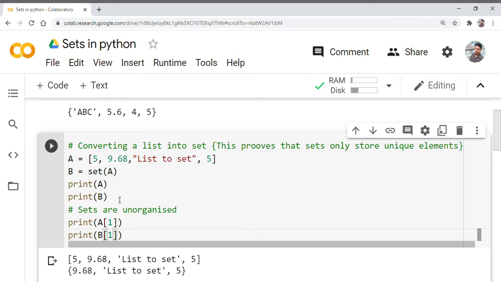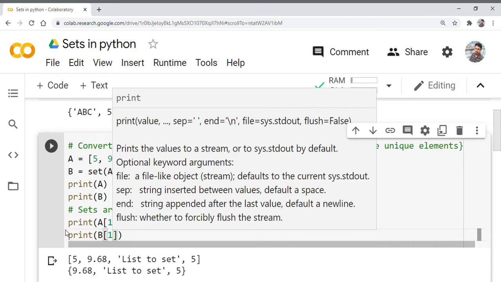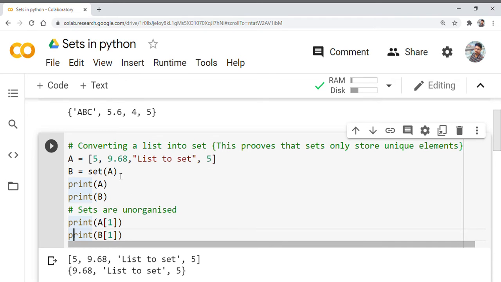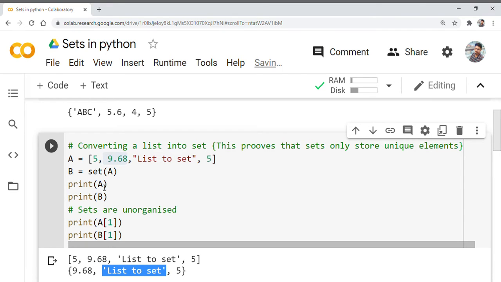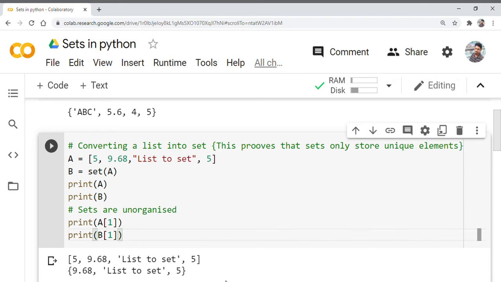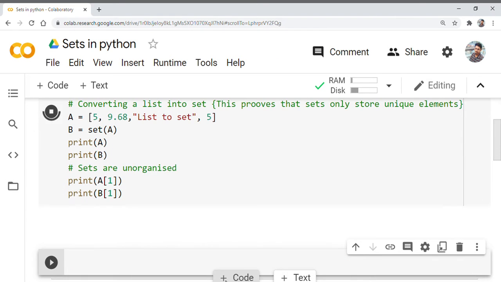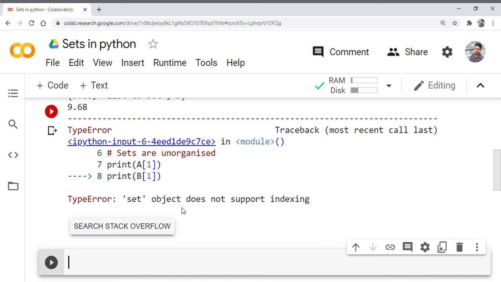What I'm trying to do is access the element at the first index of A and also of B. As per the theory, we must be getting 9.68 from list A and the string from set B, right? But let's see whether this is possible or not, because sets are unordered.